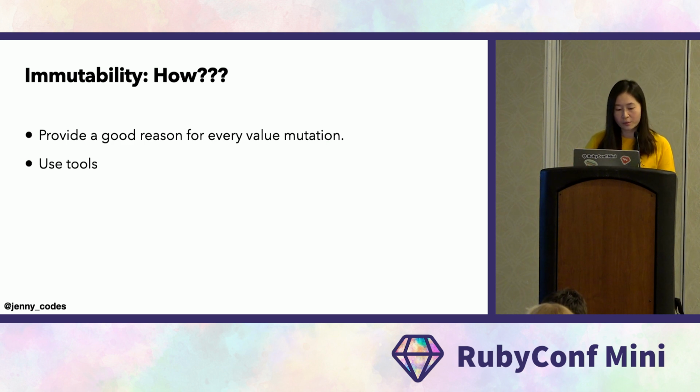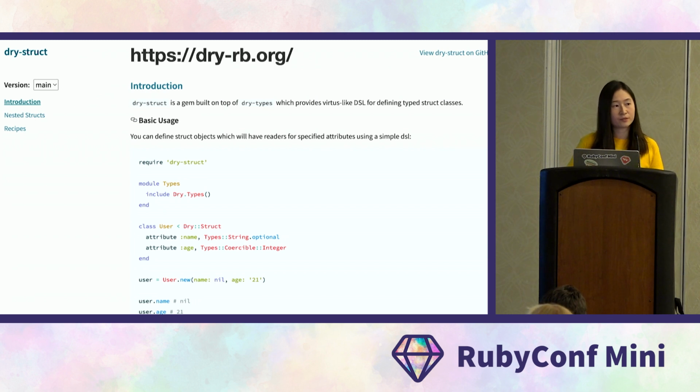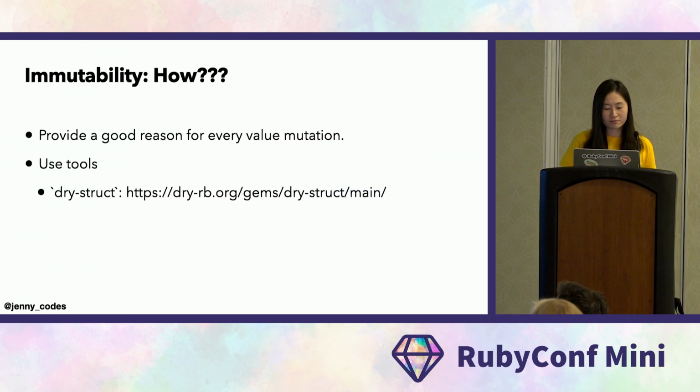And there are actually tools that we can use. First of all, this is a gem called Dry Struct that's part of the Dry Ruby collection. Dry Ruby is a set of powerful and wonderful gems that support a lot of functional programming ideas, including this one, which provides a data structure that is like a struct in Ruby, but immutable. But sadly, I've never used Dry Ruby in a production setting, and I would really love to hear more about it if you have used it or contributed to it. Come talk to me if you have.